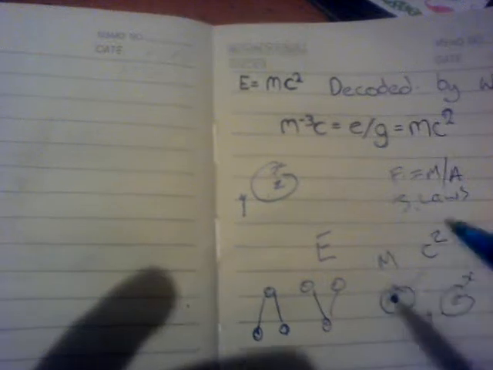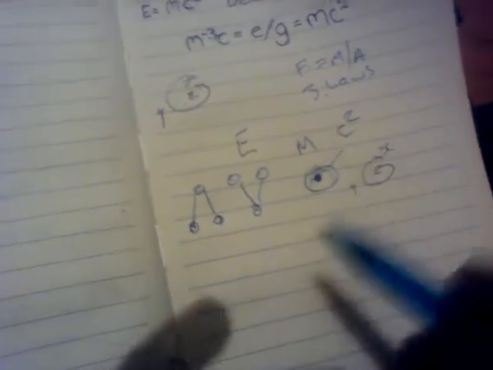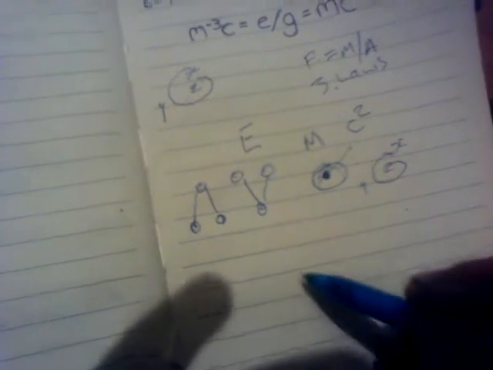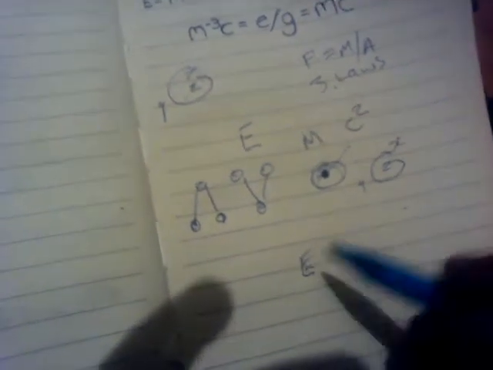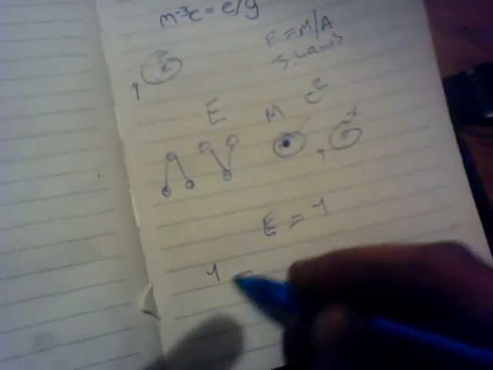Now to prove this, we can decode Einstein's theory of energy equals mass speed of light squared. Okay, that's the theory of relativity. We all know there's a special theory of relativity that goes along with that, but we'll just take this. Energy, mass, and the speed of light. So what we do is we say, okay, energy equals Y, which is this Y up here, when